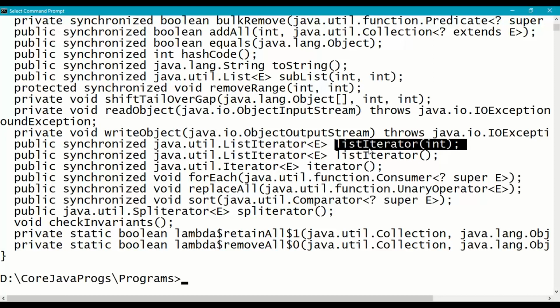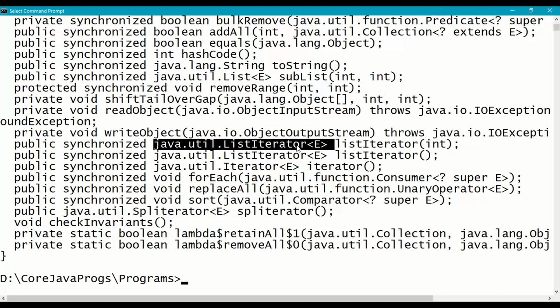Similarly, we can also use listIterator(int). So what is that int? We'll see that in the program. And then its return type is also ListIterator cursor, which is an interface available in java.util package. So using this listIterator, we are going to access elements of a vector class from first to last, last to first. So coming to the description of listIterator, it goes like this: